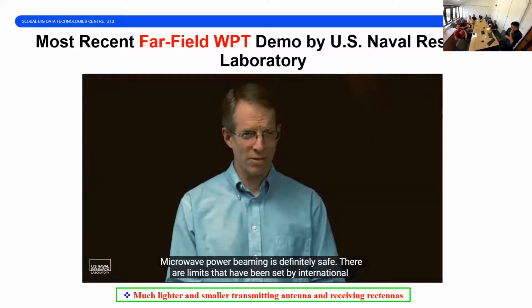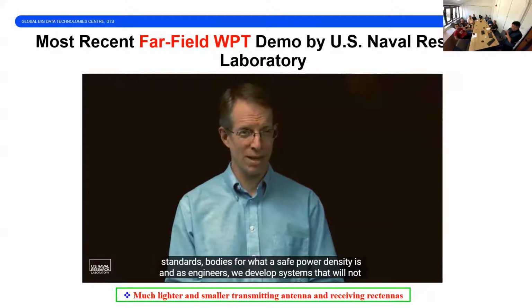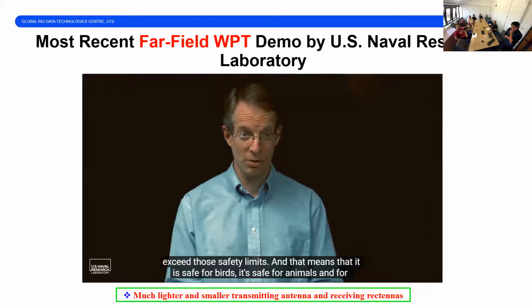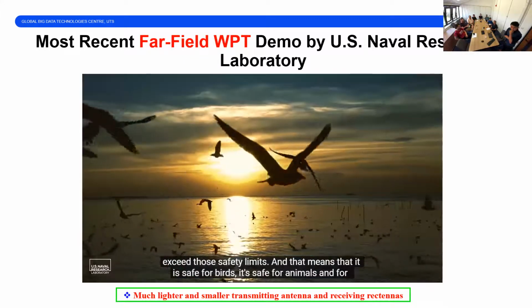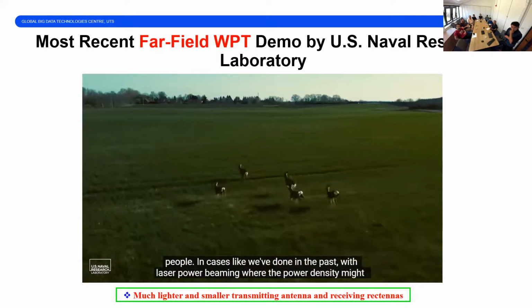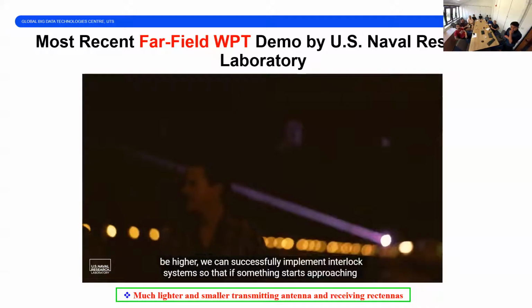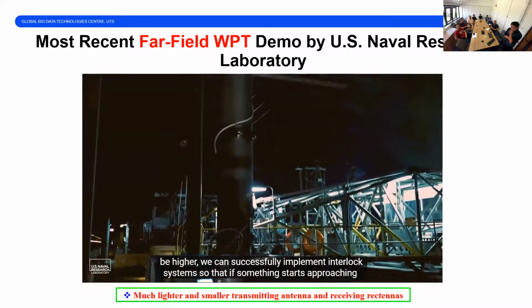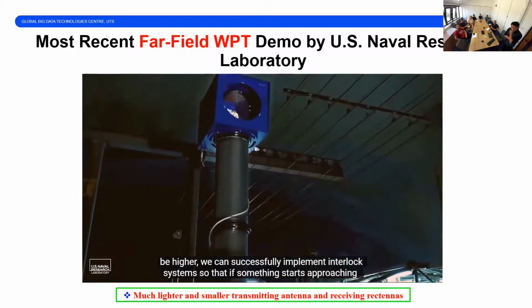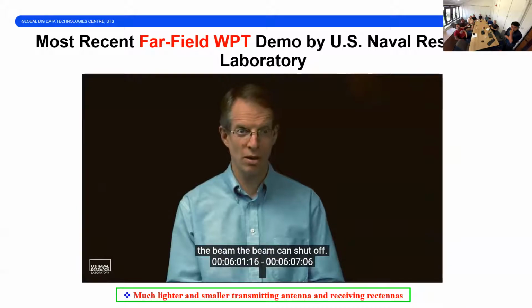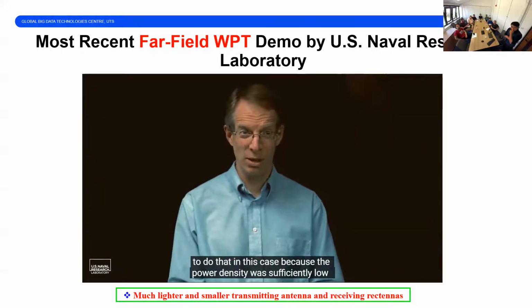Microwave power beaming is definitely safe. There are limits that have been set by international standards bodies for what a safe power density is. And as engineers, we develop systems that will not exceed those safety limits. And that means that it's safe for birds, it's safe for animals, and for people. In cases like we've done in the past with laser power beaming, where the power density might be higher, we can successfully implement interlock systems so that if something starts approaching, the beam can shut off. We did not have to do that in this case because the power density was sufficiently low that it was